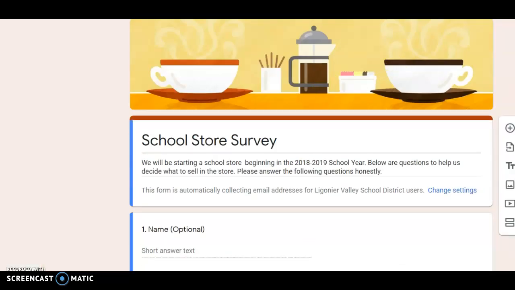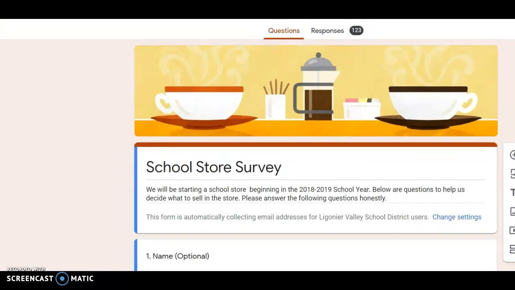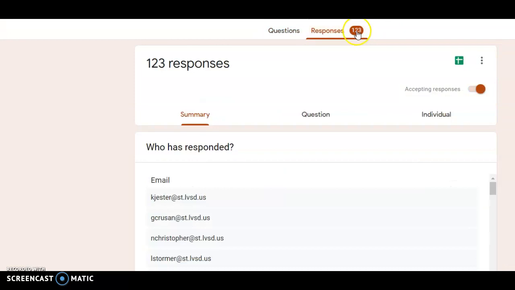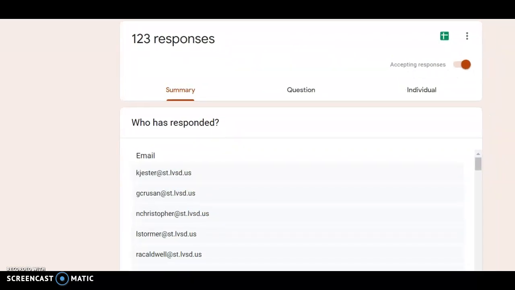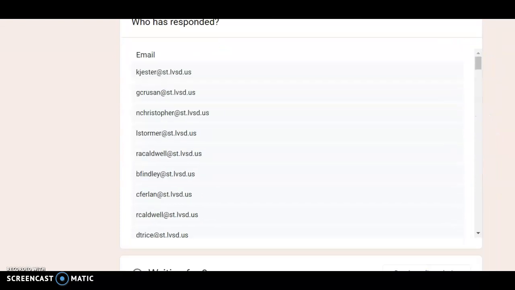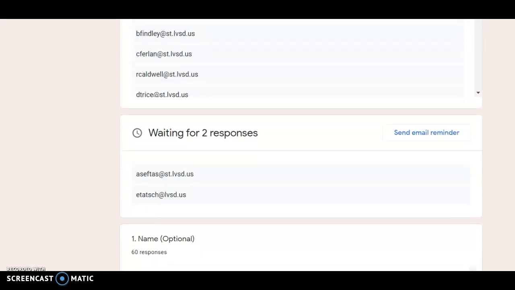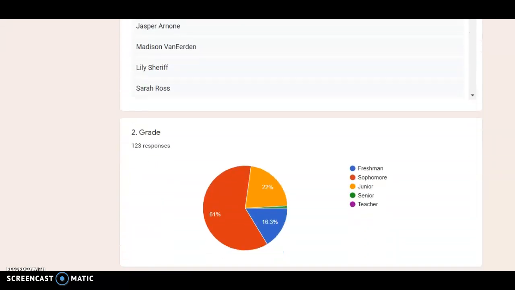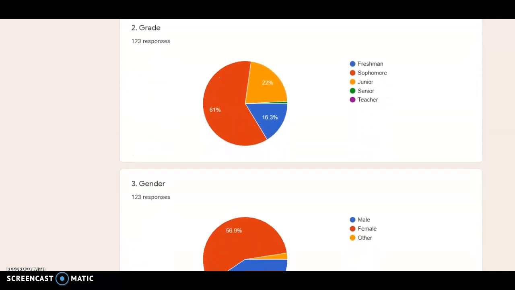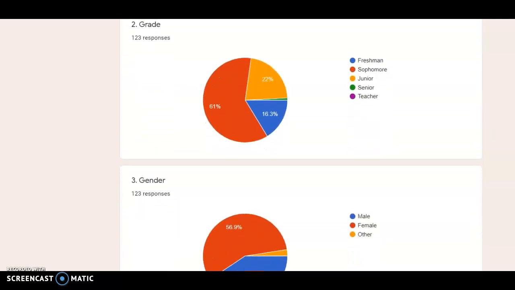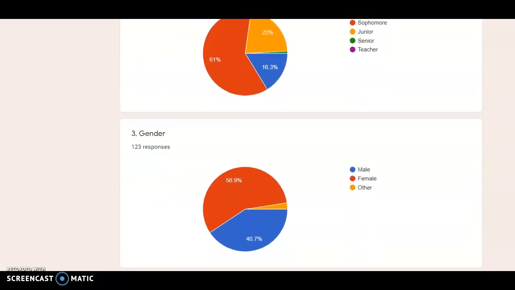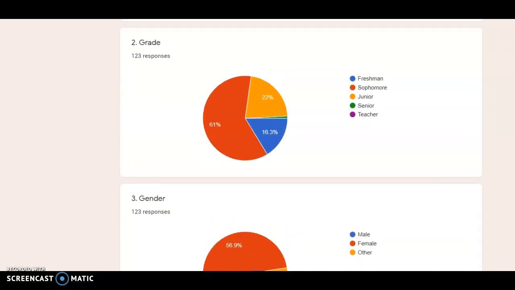And I want you to see here, when you hit responses, you'll get something called responses. And you can see who's responding to your survey down here because it collected all the emails, okay? It collected all the emails, and then as you see the different questions, it actually pulls in graphs and charts for you. So I could see that most of my